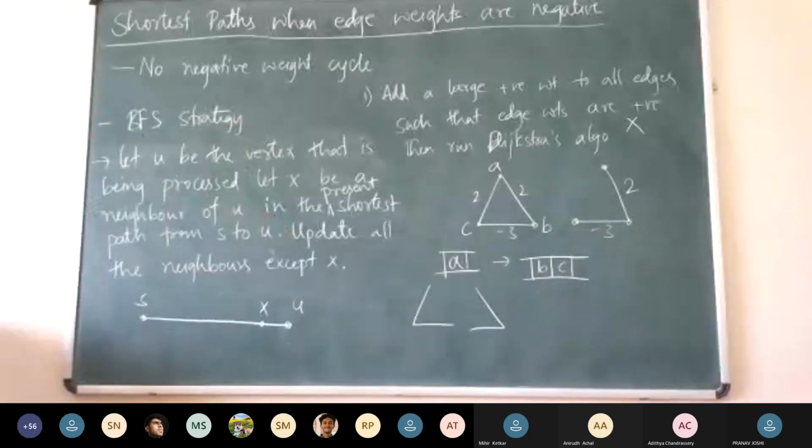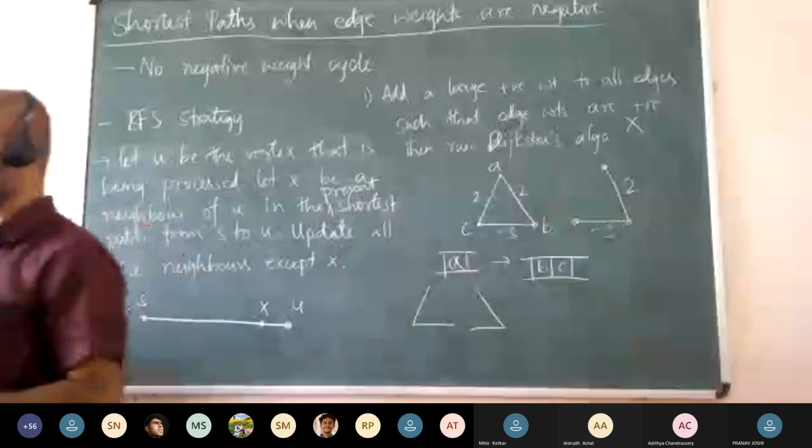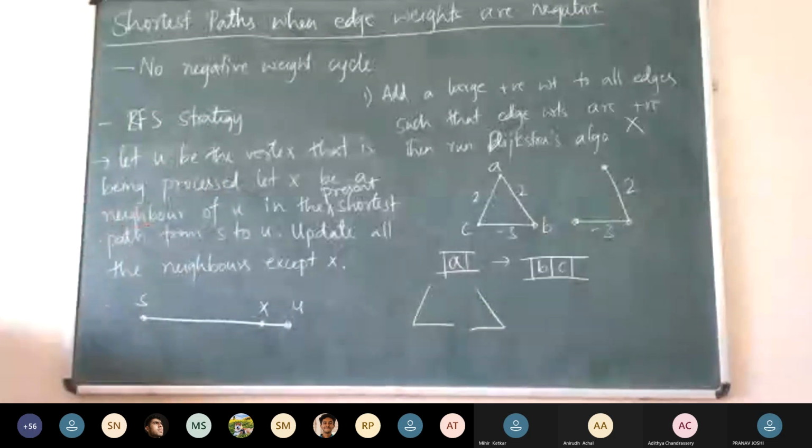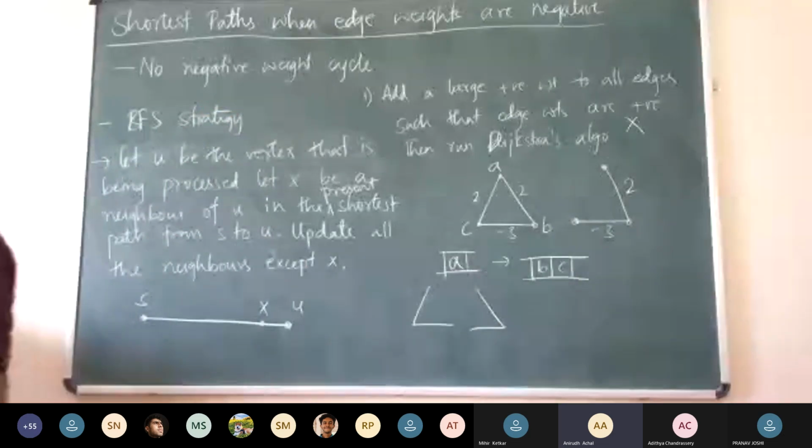So when there are negative cycles, or you use an edge multiple times in the same path, you are again considering it as a walk, which is not correct, right? You are using it as a cycle. So in that sense, no edge should be used more than once. By the definition of shortest path, every edge comes only once.